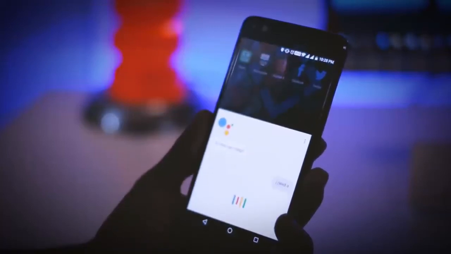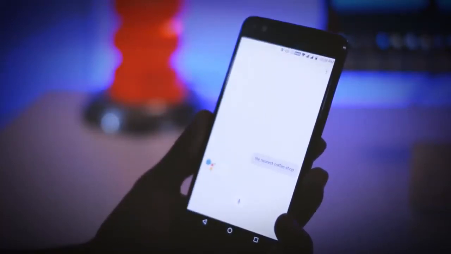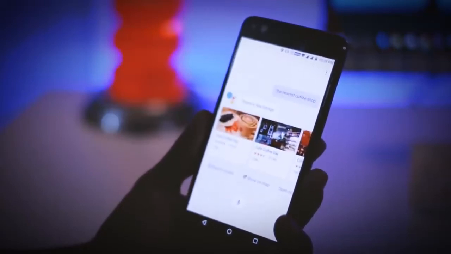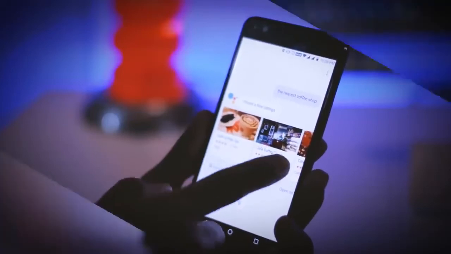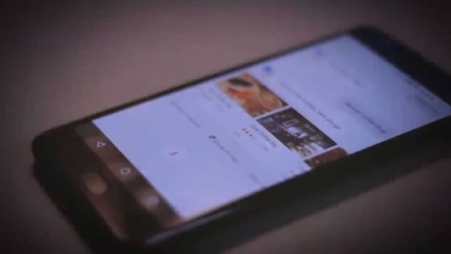So you have got Google Assistant on your phone. Now what? Google Assistant is a very powerful tool and now it is the new name for personalized voice assistant. There are lots of awesome stuff which you can do without even touching your Android device. But not all users are aware of the true potential of Google Assistant, and that's exactly what I'm going to